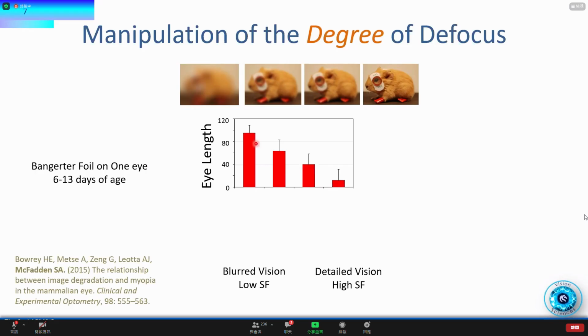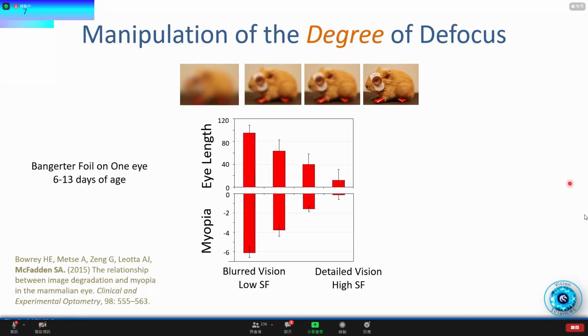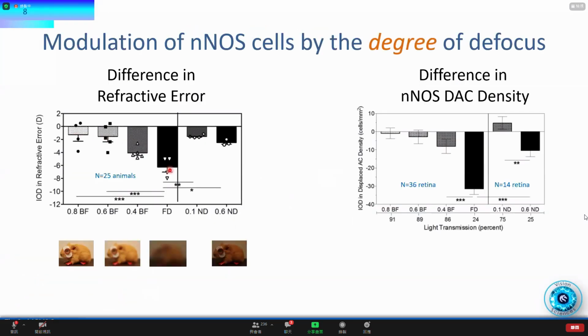And as you do that, the eye becomes longer and longer relative to the other eye, which is not wearing a foil. Of course, the eyes which are relatively longer are also relatively myopic. So this way we can change the degree of defocus and the degree of eye growth that we get in the eye. The increasing myopia that we observed as we decrease the spatial frequency information is not observed in animals which are raised with neutral density filters, which reduce the transmission of light to the eye, but do not interrupt